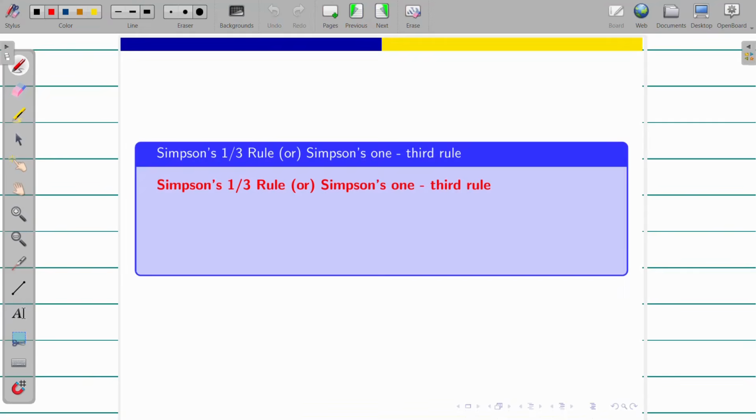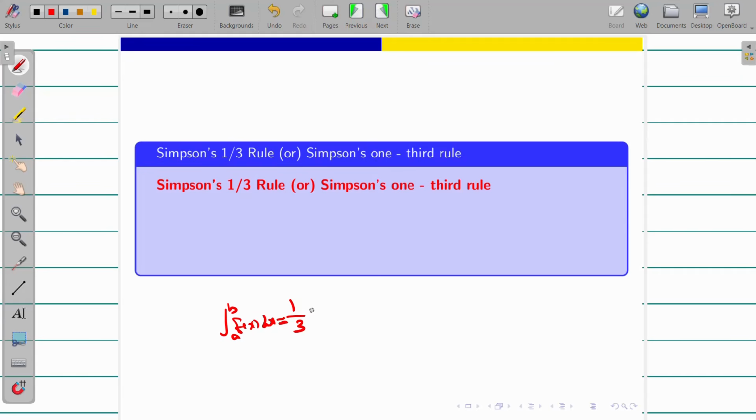What is the Simpson one-third rule? The clue is in the name itself: one third. If you want to write the integral from a to b of f of x dx, it is equal to 1/3 times